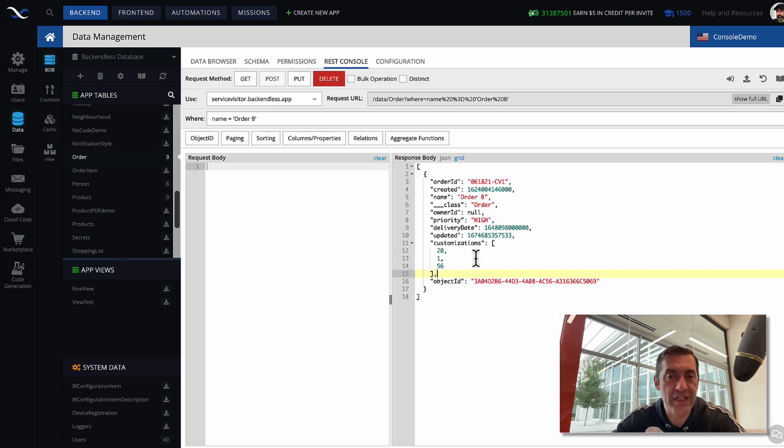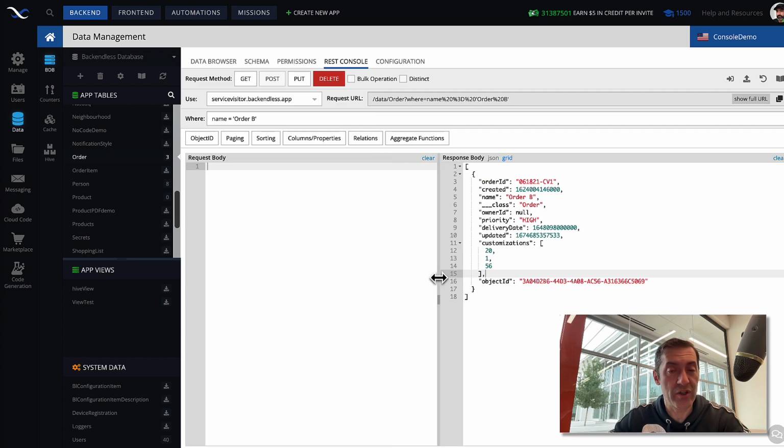And with JSON, it doesn't have to be an array of strictly integers or strings. You can mix any kind of JSON value in a JSON array, and that will be perfectly valid JSON. The point here is that you can embed JSON values as just a part of a regular database record.